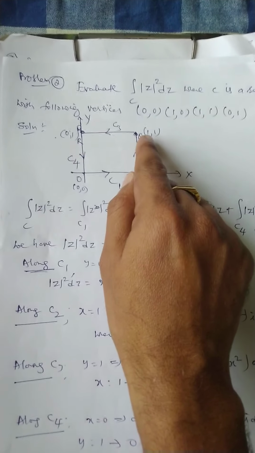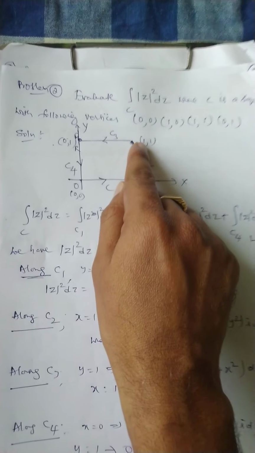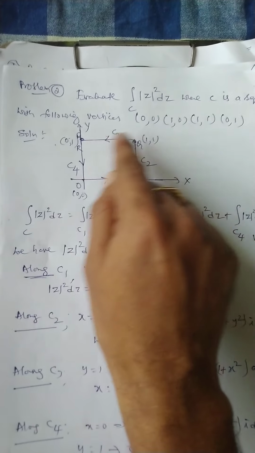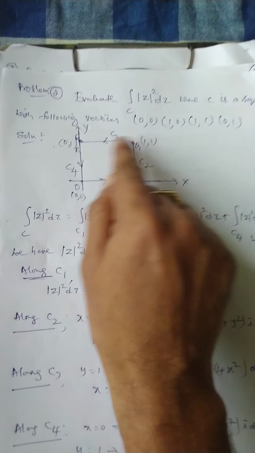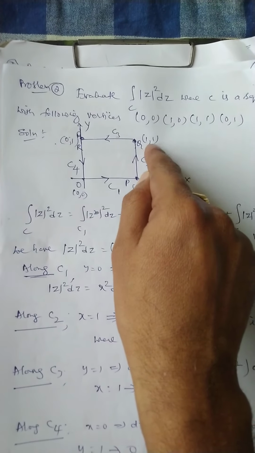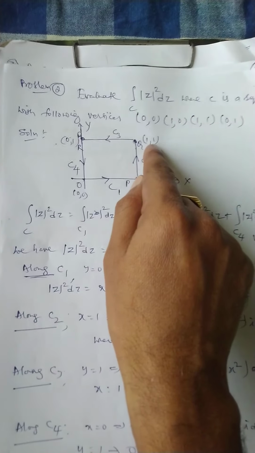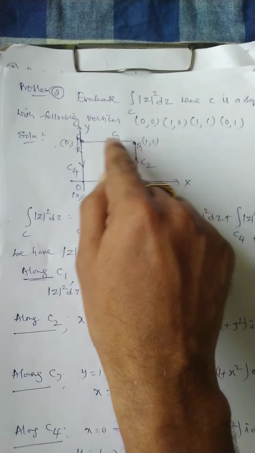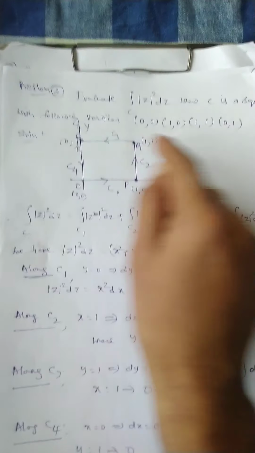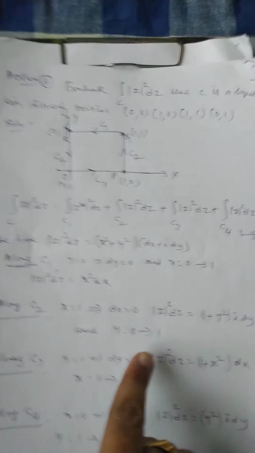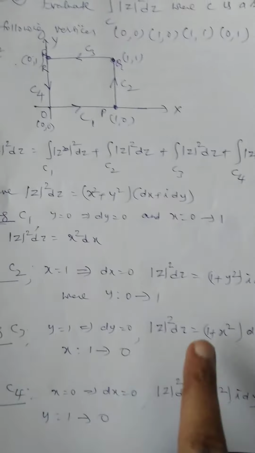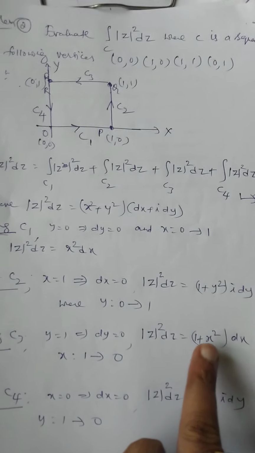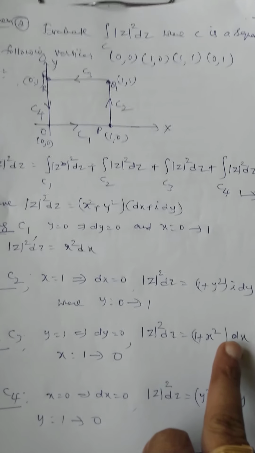Along the curve C3, look at here, y is 1, y remains the same. That means y equal to 1, obviously dy equal to 0. X varying along C3, look at the direction, 1 to 0, x varying from 1 to 0. So by putting this in mod z square dz, it becomes what? Y square 1 plus x square, dy is 0, dx plus i dy, only dx, x varying from 1